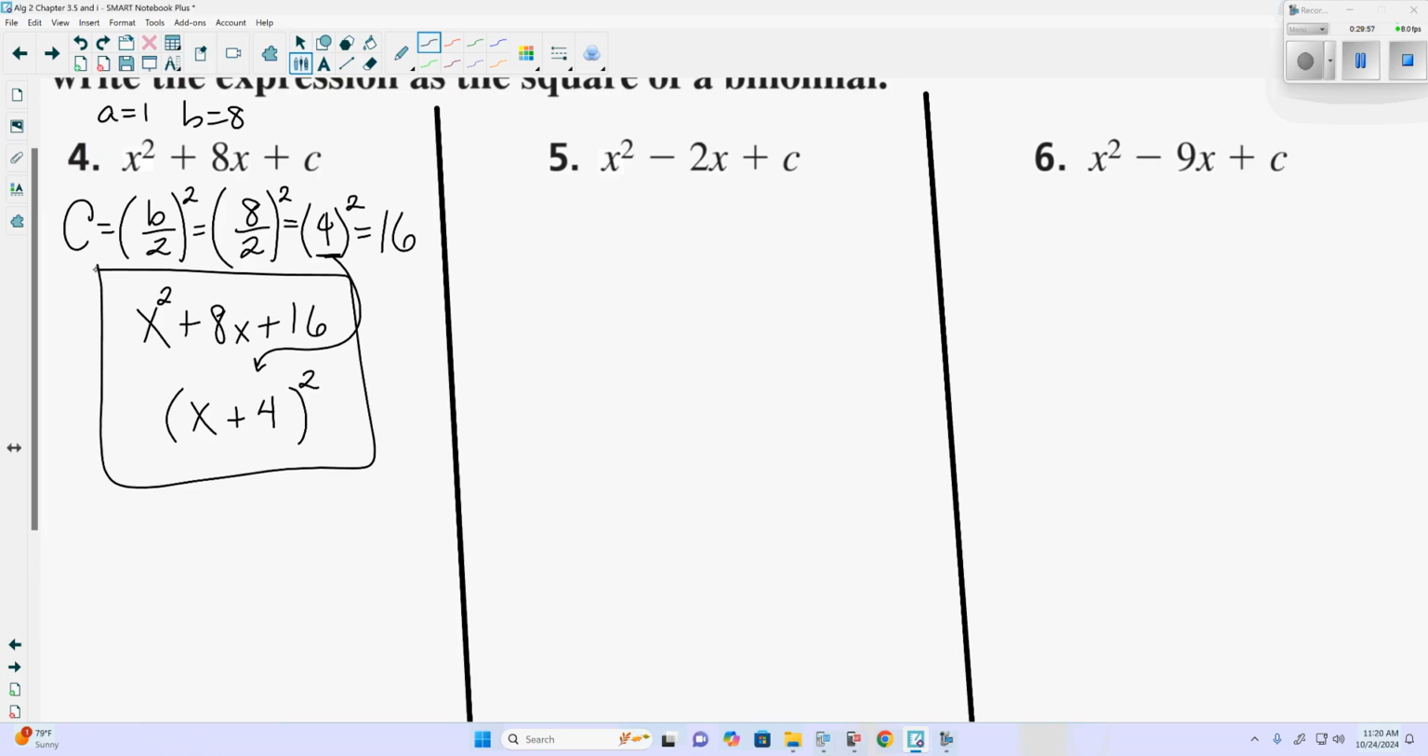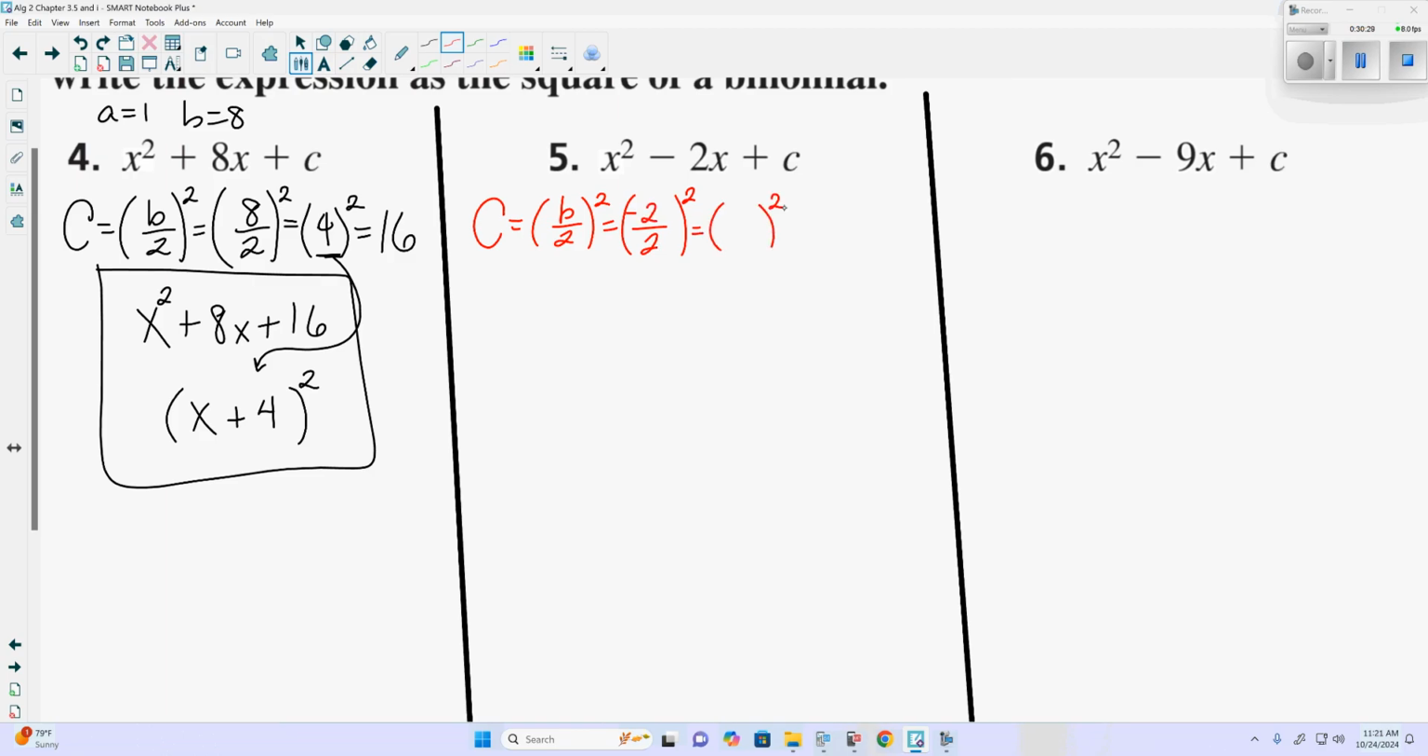Questions on this here? Let's look at the next one, x squared minus 2x plus c. So we still need to find the value of c. Well, c is still equal to b over 2 squared. Now looking at number 5, a is still 1. b is now what? Negative 2. And we're trying to find c, so b will plug in as